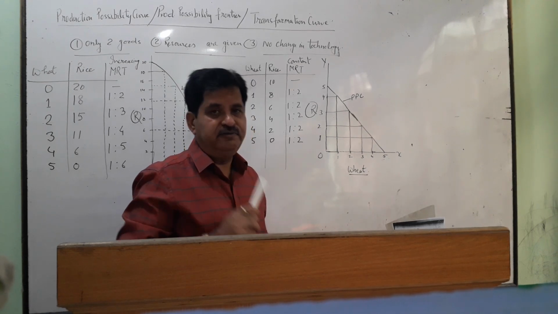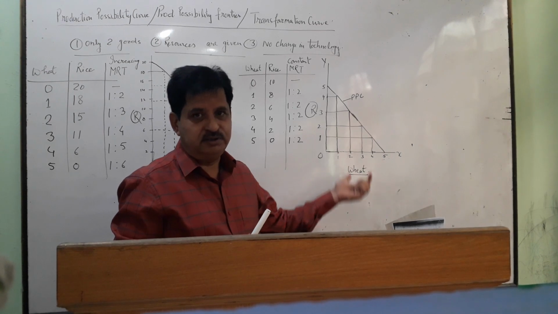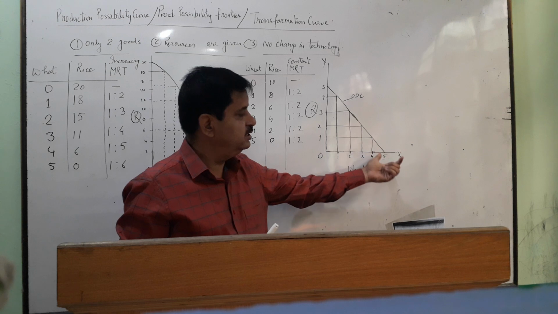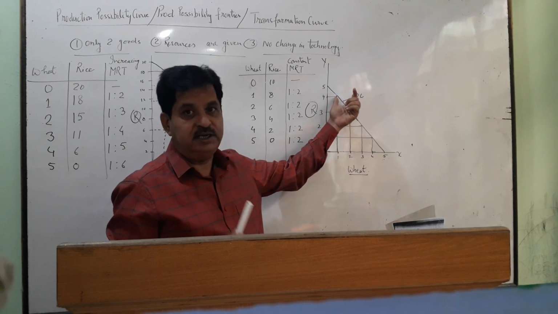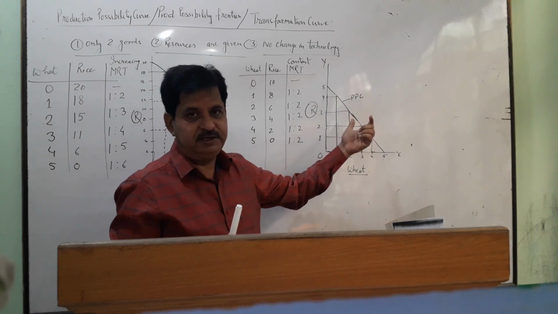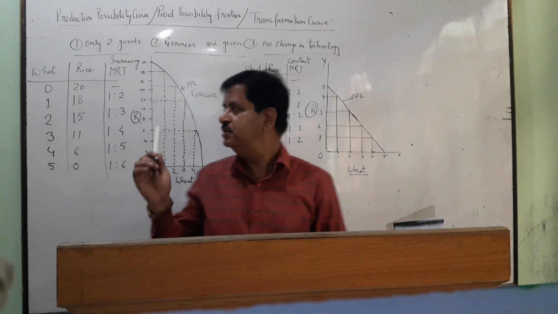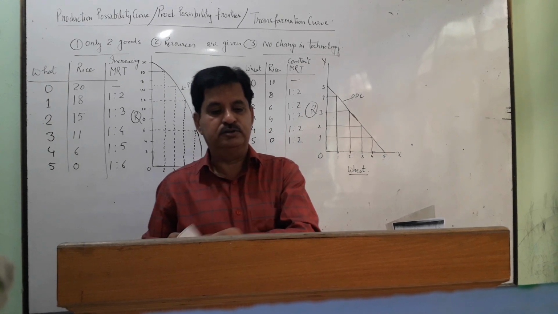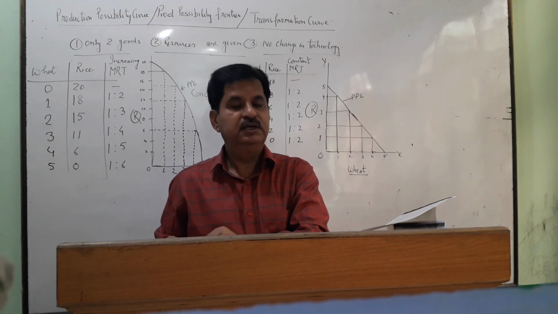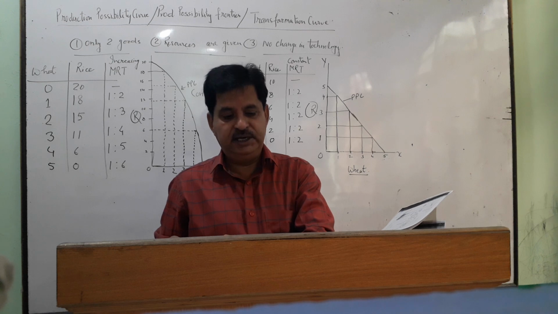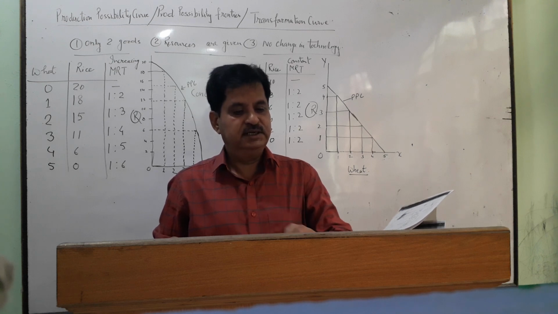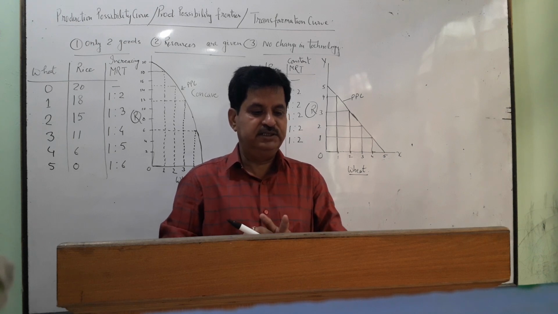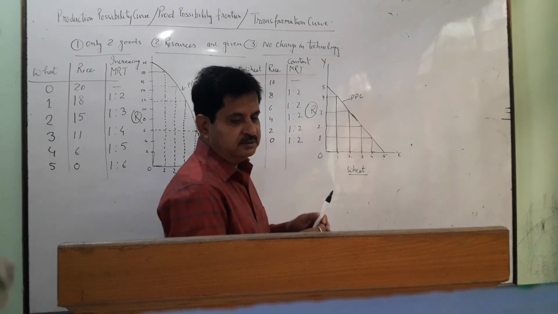If the marginal rate of transformation is constant, then the PPC will be a straight line, but it is never so. Remember that the PPC is always concave to the origin. There may be a third thing also: if the marginal rate of transformation is decreasing, suppose here earlier